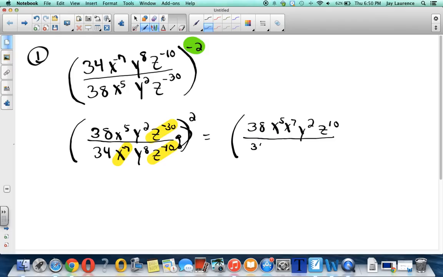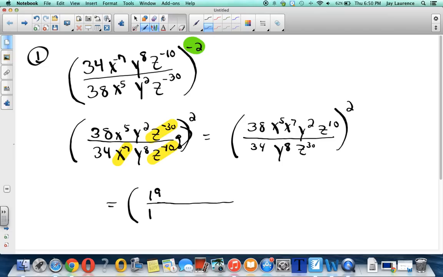Okay, then I have a 34 in my denominator. There are no x's in my denominator. There's a y to the 8th, and there should be a z to the 30th. Okay, and that's going to be squared. Now I'm going to simplify inside my quantity. So, looks like the GCF of those two numbers is going to be 2. So I'll divide by 2, so I'll get 19